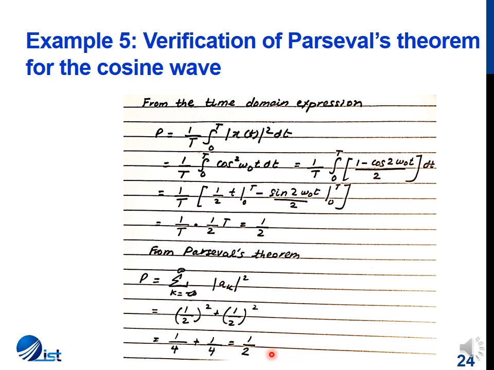When you are taking a cosine wave, the value will be exactly equal, because for a cosine waveform we only have limited ak components. However, we have been discussing that an infinite number of sinusoids is necessary to synthesize a periodic signal. This means that we either add all those infinite values of k to determine the power, but in actual life